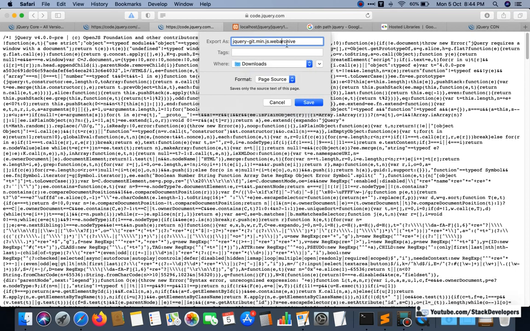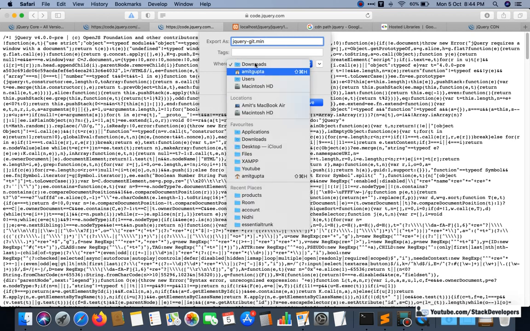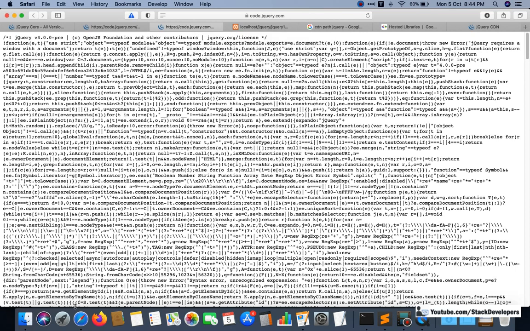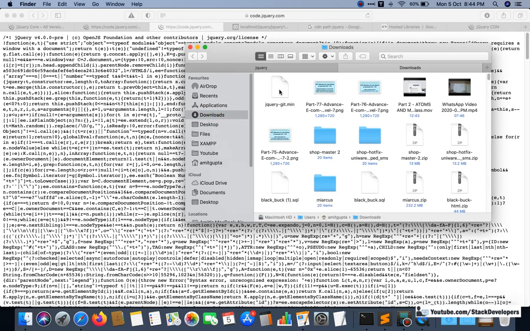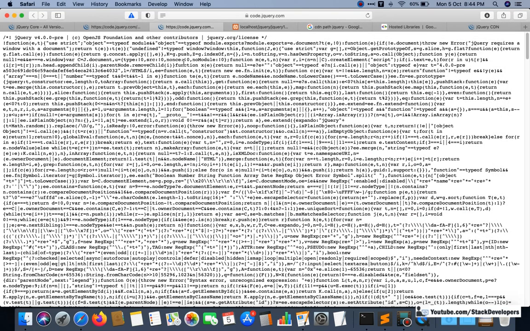Paste source. I'm going to check here in downloads, and still it is no issue at all.